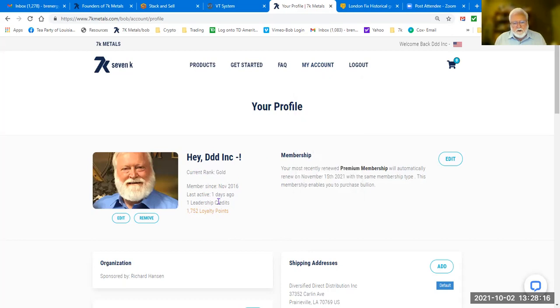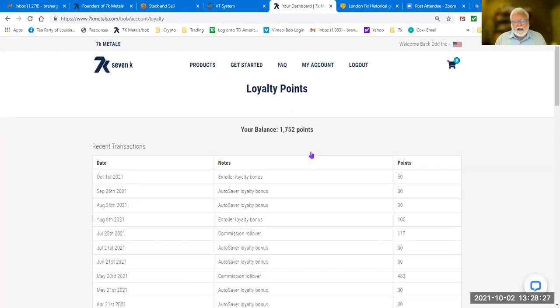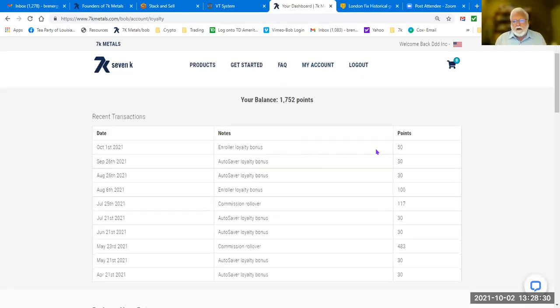We tell them that you're also going to see your leadership points, you're active here, and your loyalty points. But we're going to go to loyalty points here because we can see our loyalty points. And every time you buy a product, you're going to get loyalty points. Every time you enroll someone, you're going to get loyalty points. Okay, you get 50 if you enroll someone at $1.99. You get 100 if you enroll someone at $4.99. You get